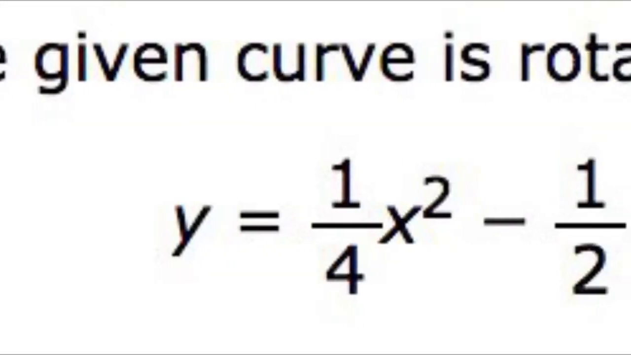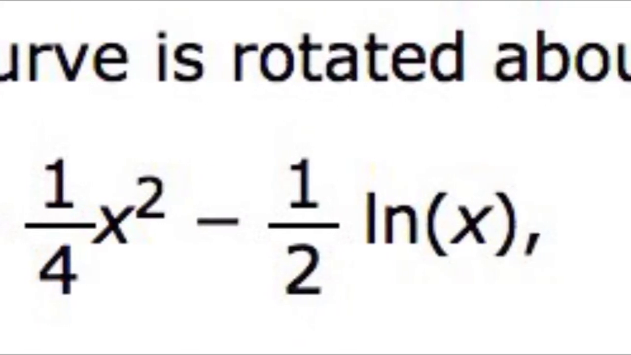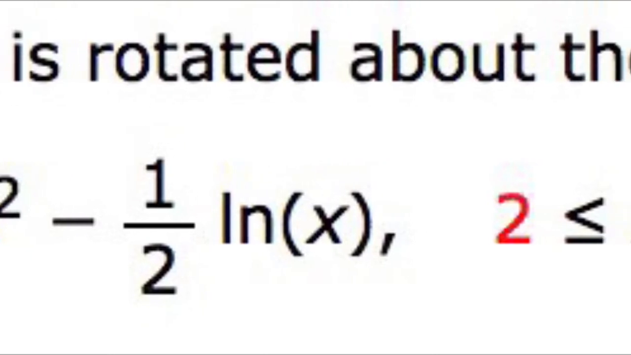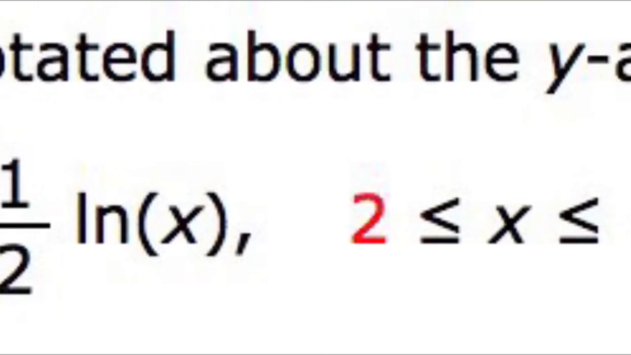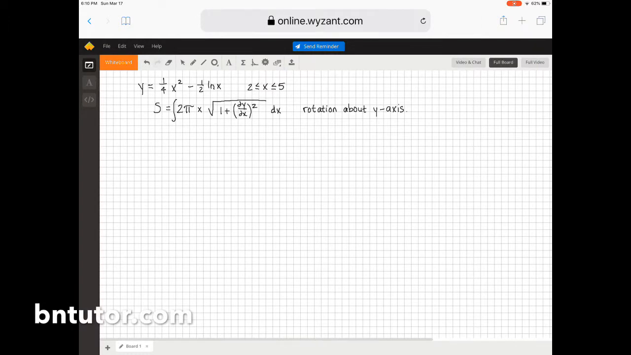This problem asks us to find the surface area if the curve y equals 1/4 x squared minus 1/2 times the natural log of x is rotated about the y-axis between x equals 2 and x equals 5. In general, surface area is the integral of 2 pi times x times the square root of 1 plus dy